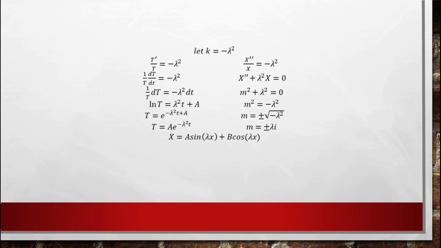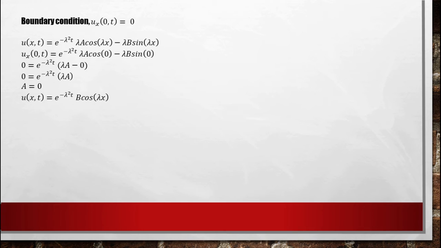It will form X = a sin(λx) + b cos(λx). Referring u(x,t) = X(x)T(t), our new u(x,t) is equal to e^(-λ²t)(a sin λx + b cos λx). For boundary condition